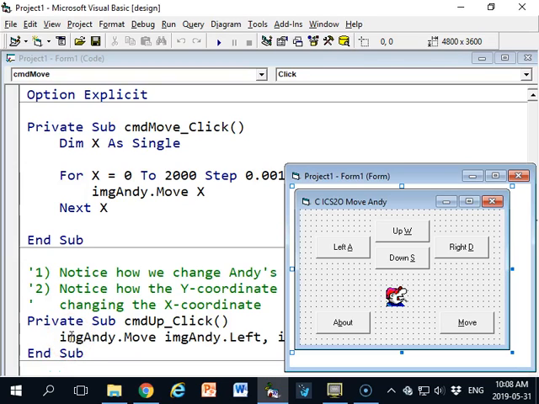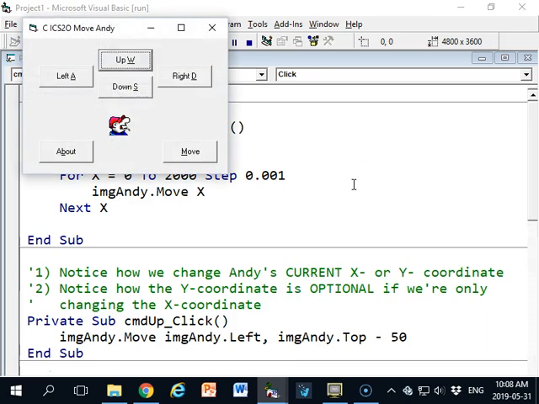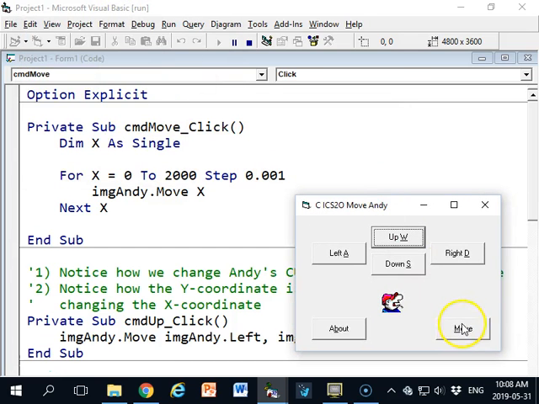We're going to make Andy move, and I'm going to try to show you two ways to do that. The first is to use a for next loop, and the second is a timer. So if we run this program, we've seen it a few times now already. I am going to click move, and Andy moves across the screen to about 2000. So you can see that we now have Andy moving to a fixed position on the screen about 2000 units